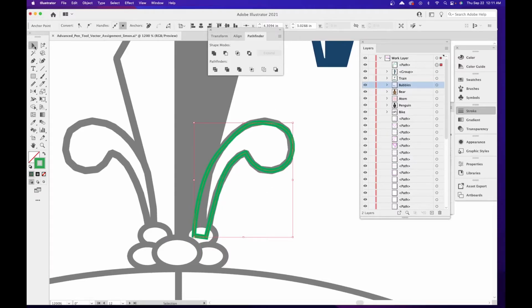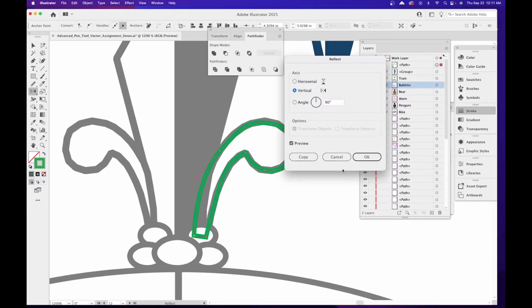So now I'm going to click on my selection tool, and I'm going to use my reflection tool to go ahead and reflect it over to this side. So it is right here. I'm going to double click, click cancel,